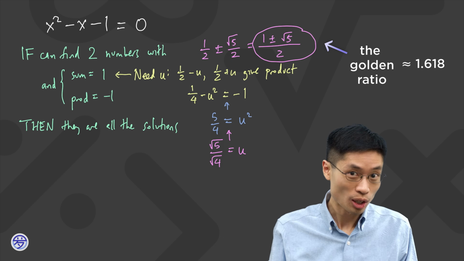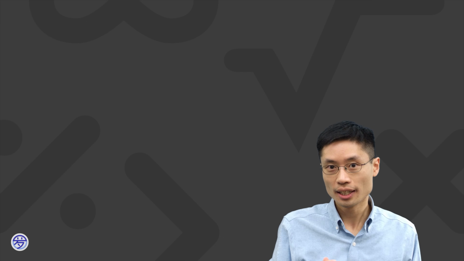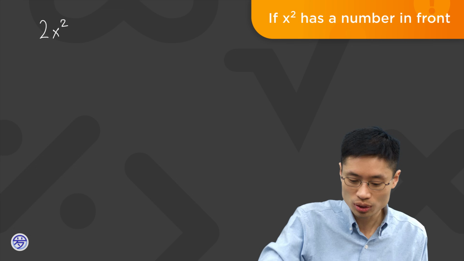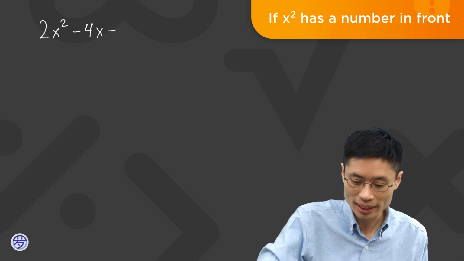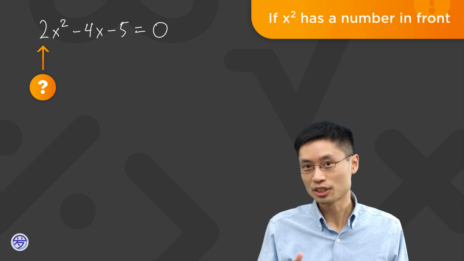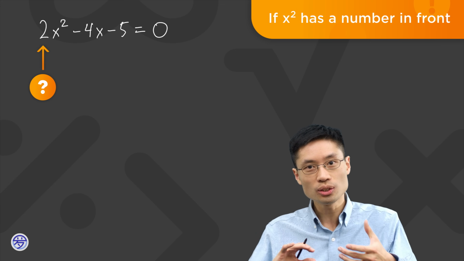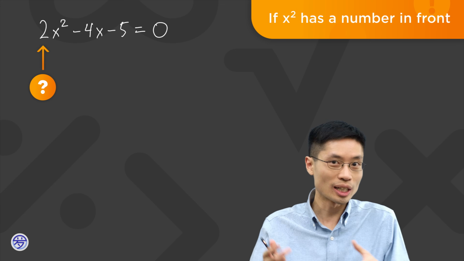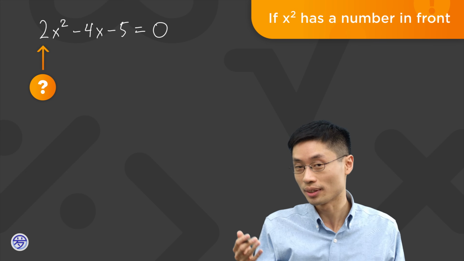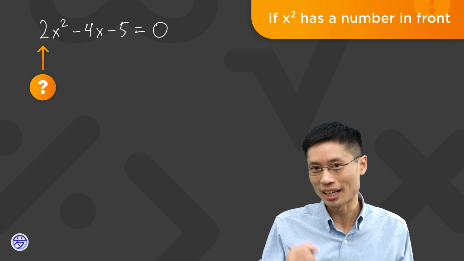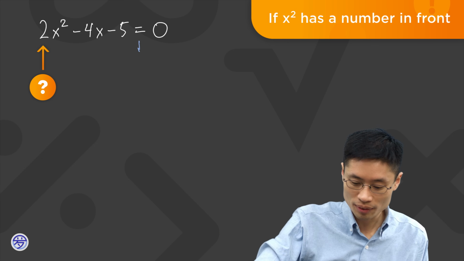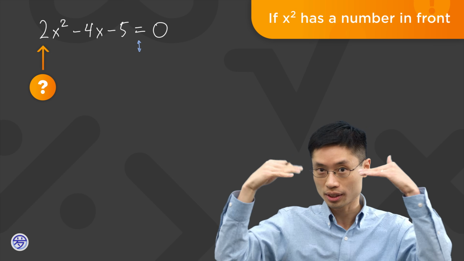Let's do one more complicated equation, just to see what happens if the front is not just x squared. What if I have something like 2x squared minus 4x minus 5 equals 0? Oh no, then everything breaks, right? Well, not really. Actually, the beautiful thing about algebra is that you can do anything you want to both sides of an equation to try to make it into something you'd rather deal with. And we'd rather deal with stuff which has just an x squared without anything in front of it, 1x squared. So just divide everything by 2. This equation here is equivalent, meaning it has exactly the same solutions, because I just scaled everything by 2,